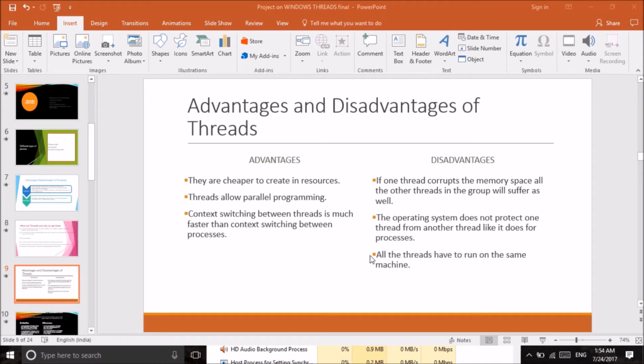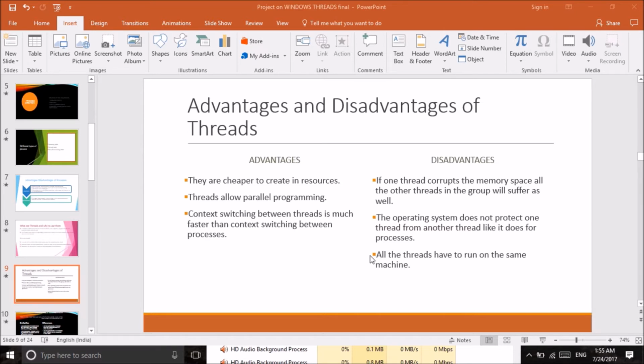Coming to advantages, they are cheaper to create in resource. Threads allow parallel programming. The threads can be executed parallelly, and context switching is much faster when compared to processes. Coming to disadvantages, since they are dependent on each other, if one thread is corrupted, then the whole